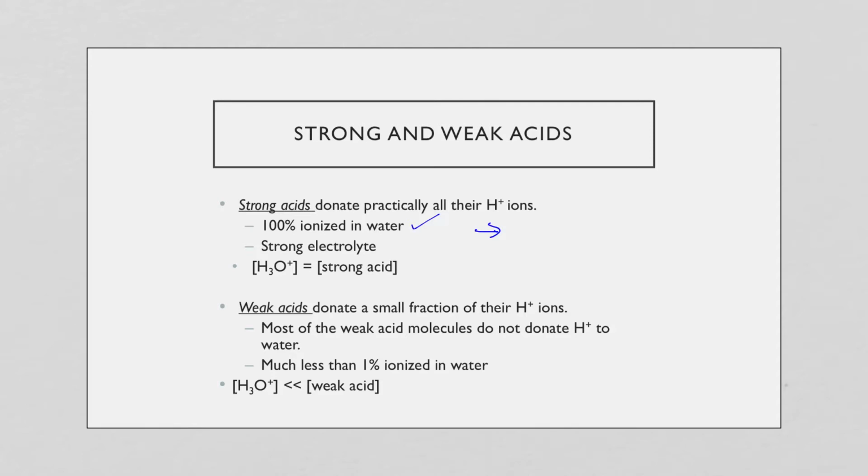And in this particular scenario, the hydronium ion concentration in solution is going to be equal to the original concentration of the acid that we used. So if we want to know the concentration of hydronium, all we need to know is the concentration of acid that we started with, because there's 100% conversion. A weak acid is more complicated, because now only a small percentage of the acid molecules